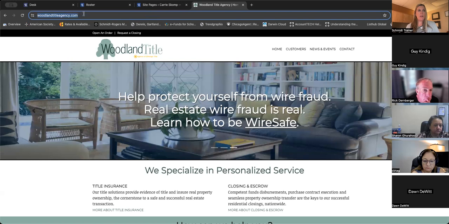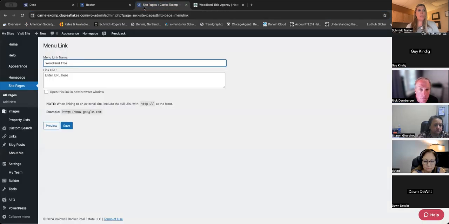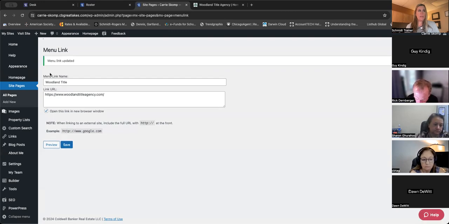And again, we're going to click up in our URL box. We're going to right click, copy, go back to our site pages, click on our link URL, and paste that. We're going to check the box for opening it in a new browser window, and click save. Once that gives us the green box at the top, menu link updated, we can go back